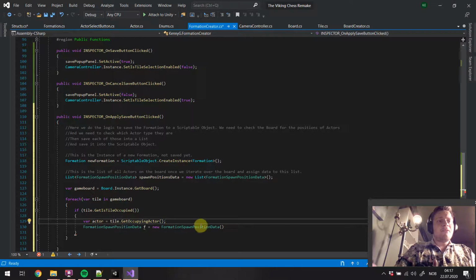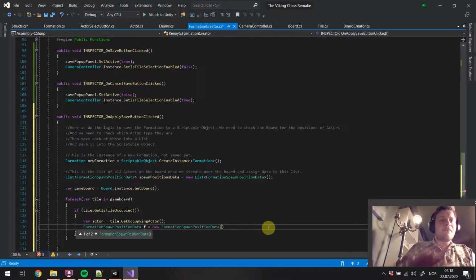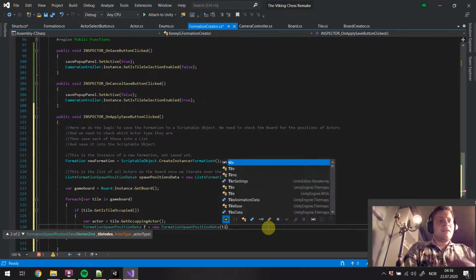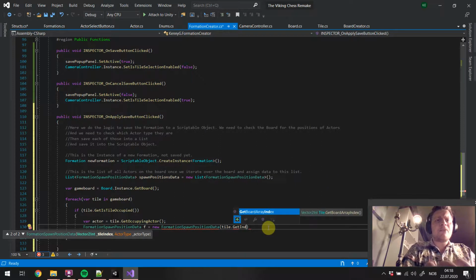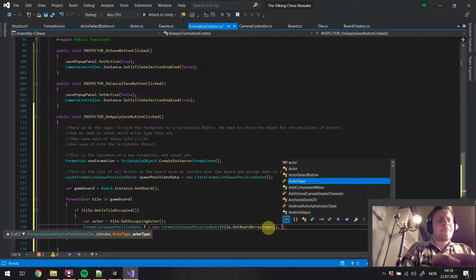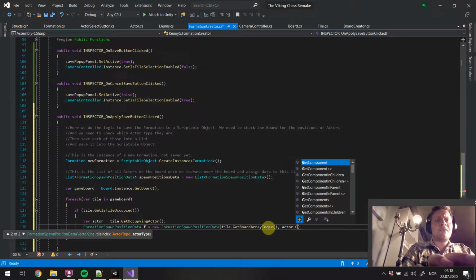Then we have a reference to the actor that is now present on the tile, and we're gonna get the tile dot get index, yeah, board array index, and actor dot get